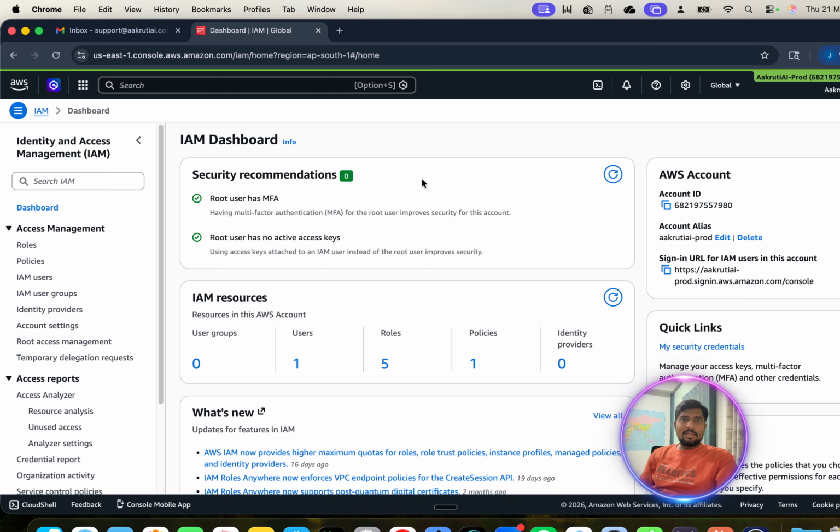Consider if there are 10 developers joining my organization. It's a bad practice to assign the permission to each and every one, right? Instead of that, we have a concept of groups. So I will create a developer group first, and I will assign a particular policy which is intended for a developer user, right? Same way we can give access to the marketing people. If they want to use some of the services, for marketing, I can create another group and so on, right? So if I click on IAM user group,